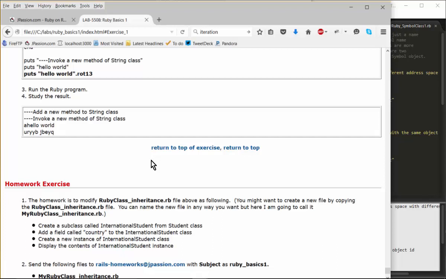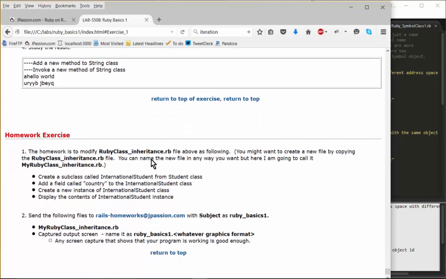Okay, so that is the end of Ruby Basics 1. I'm going to give you about 10 minutes to do exercise 3, and if you have time, please do the homework as well. Okay, all right, so let me just